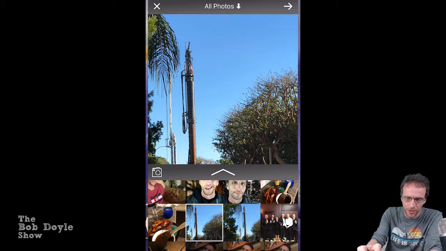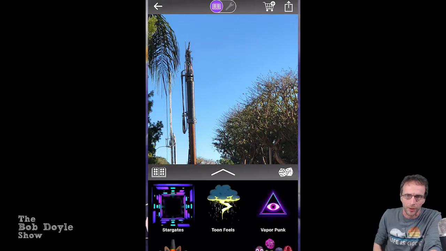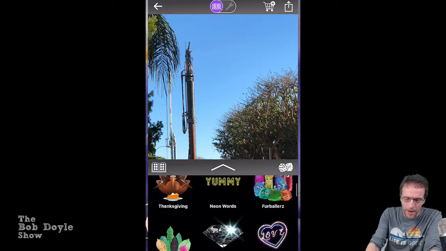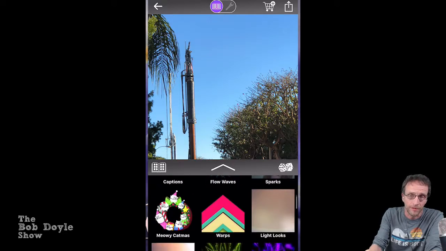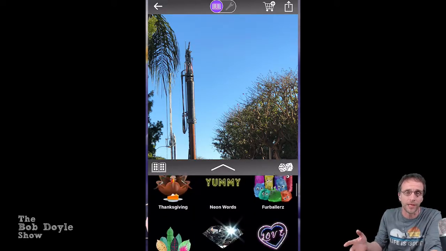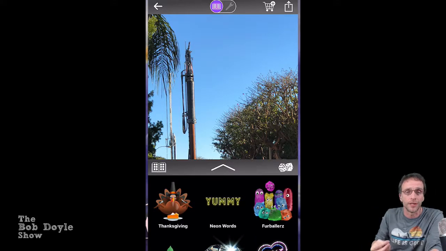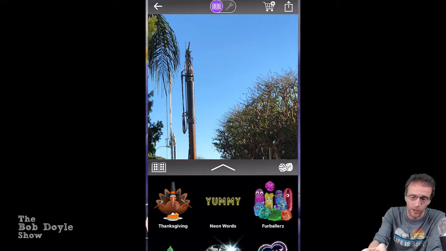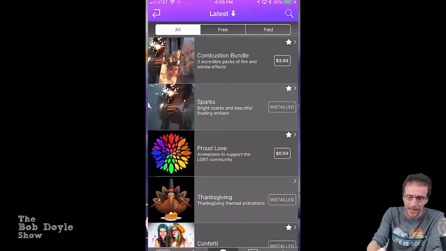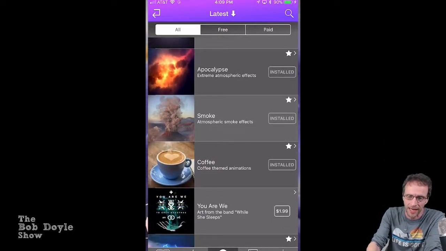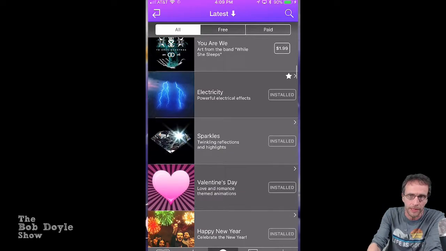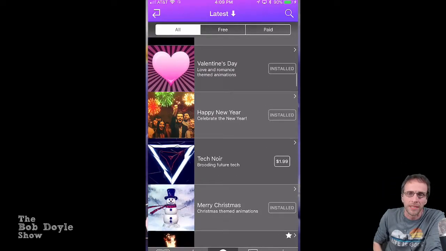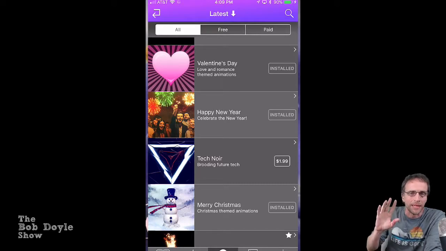So once you choose your image, you just click the arrow in the upper right-hand corner. And now what we've got down here at the bottom is all the various visual elements that you can add. Now it comes with some free. You can download other free ones, and then you can also purchase them. If you go into the upper right-hand corner where the shopping cart is and you click that, you'll see all the different packs that you can get, and you'll see that I have gotten almost all of them. Because there are little hidden gems in each one that you just never know, and sometimes it's just a subtle thing you put in that you barely even notice, visually,